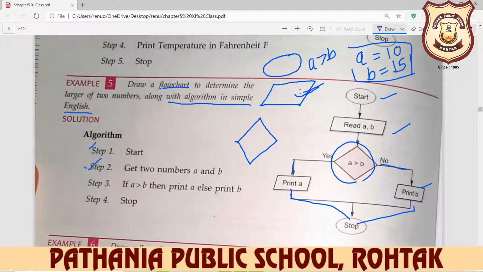After this start, we need step number 2, get two numbers A and B. Instead of A and B, you can write num1, num2, or number 1, number 2, any name, X, Y. Step 3: if A is greater than B, then print A, otherwise print B. And step number 4 is stop. So this is your algorithm and this is your flowchart. Clear?